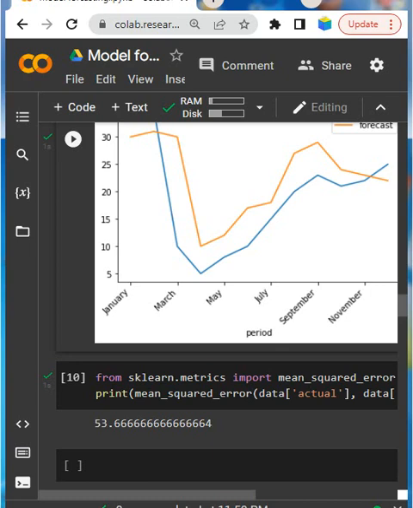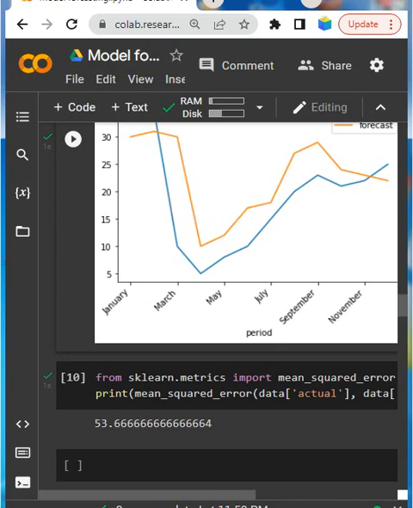First is the MSE, mean square error. What is the mean square error? Mean square error is one of the most useful metrics in machine learning. It is computed as the average of the squared error.